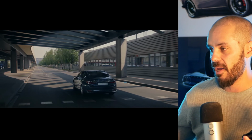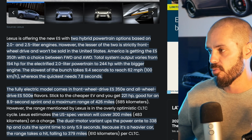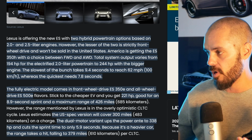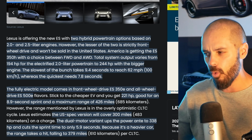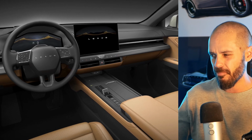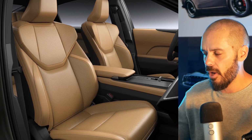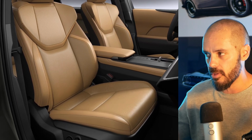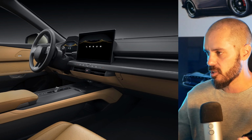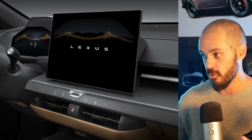So 2 hybrid powertrain options based on the 2-liter and 2.5-liter engines. However, you only get one here in the States, and that is going to be the 350H, and that is a choice between front-wheel drive or all-wheel drive. Total system output varies from 194 horsepower for the electric 2-liter powertrain to 244 with the bigger engine. Pretty disappointing numbers here. The ES is still a rather big sedan. You know, you have the IS, ES, LS, so it's sort of there in the middle, 5 Series proportions, and just having 244 horsepower doesn't seem like a lot. The slowest of the bunch takes 9.4 seconds 0 to 60,